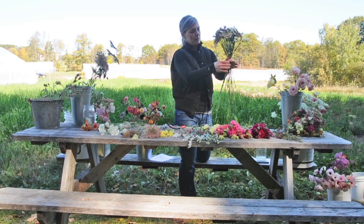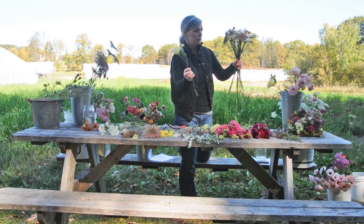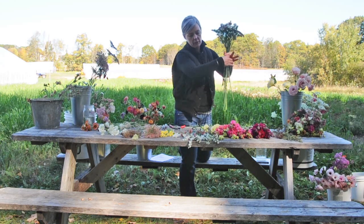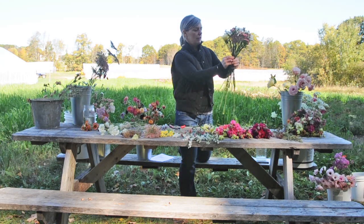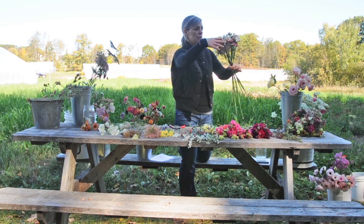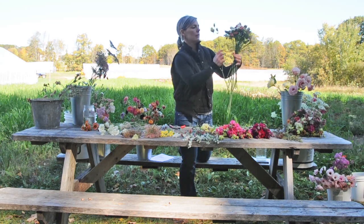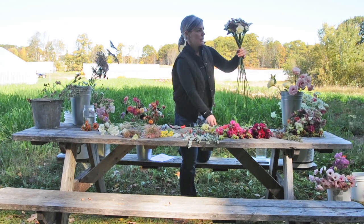So now that we have a good base started, I'm going to start adding some focal flowers. I'm going to add one and turn about 1/3 to 1/2 the way around. This gives a good distribution of each type of flower. Add and turn. After I complete about one rotation,